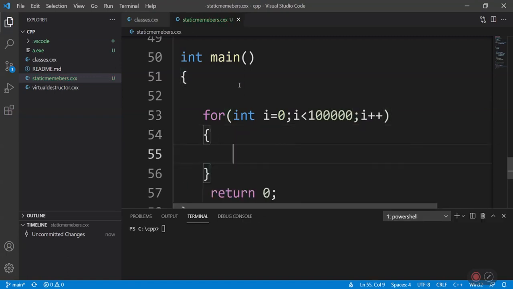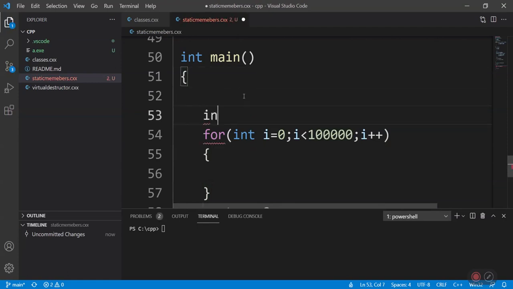Let's calculate the total size of the objects created. Int size of rectangles equal to 0.